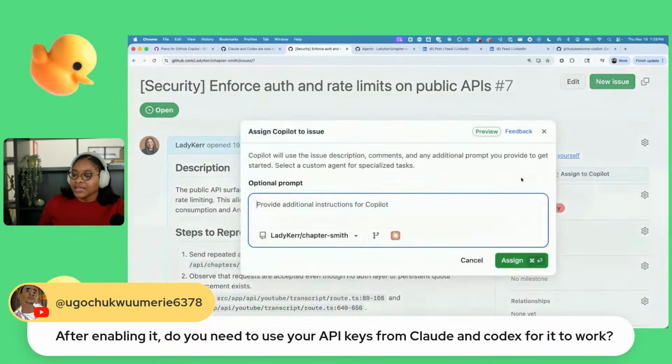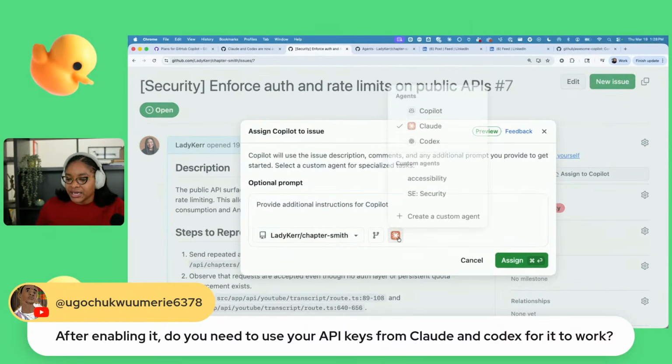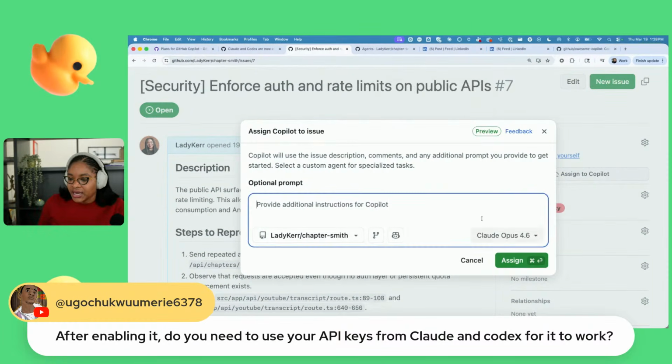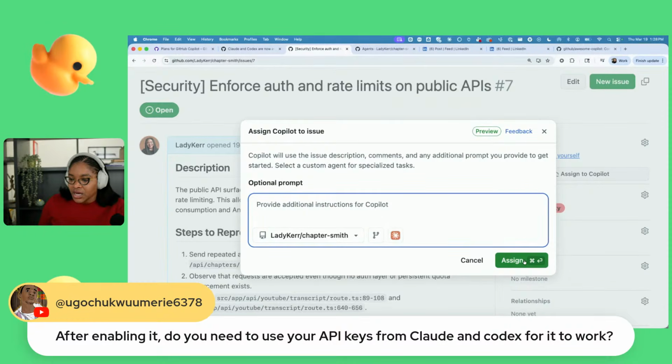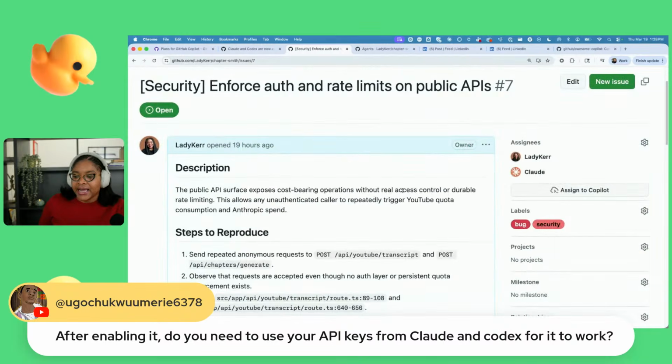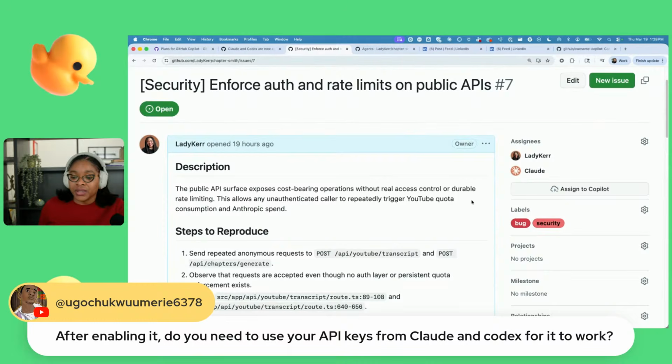All right, so let me assign this to an agent here. I'm going to choose Claude here. It's going to choose Opus 4.6. I'm going to hit assign, and we'll have this running while I show you how to use custom agents in Copilot CLI locally. So while Claude is working here,